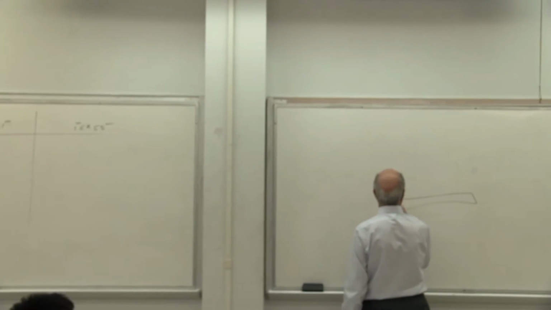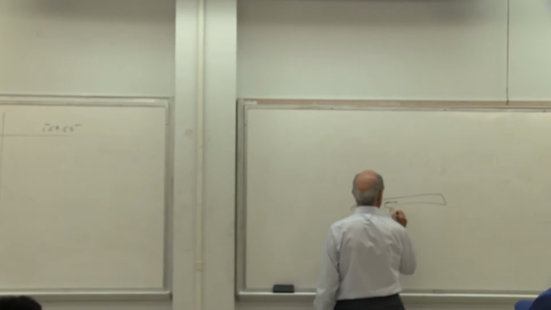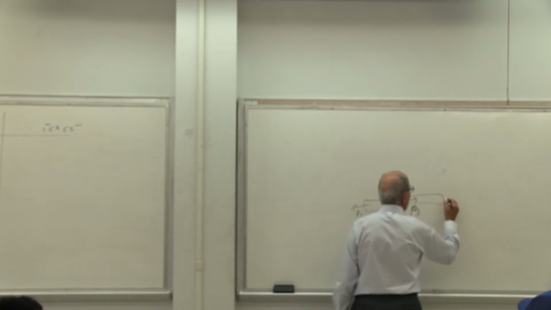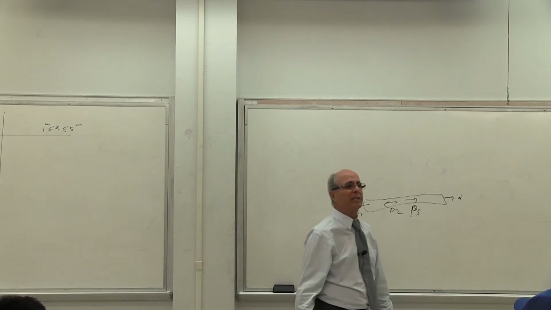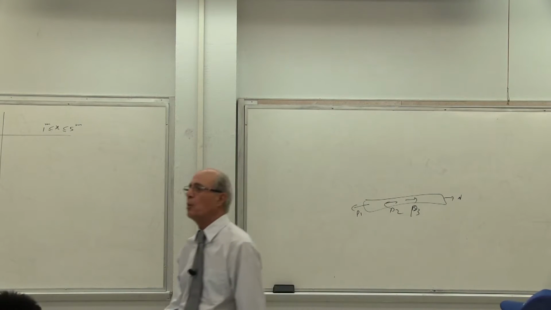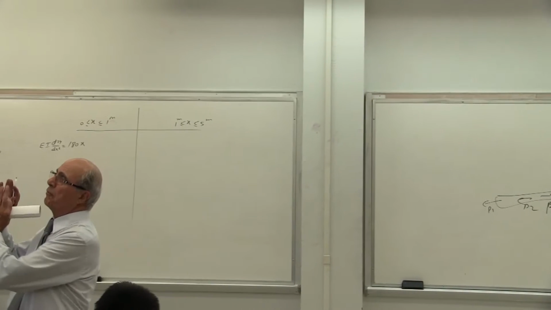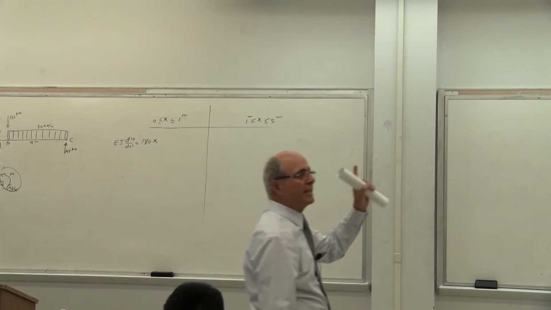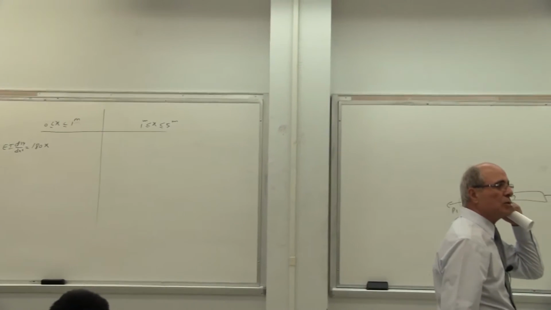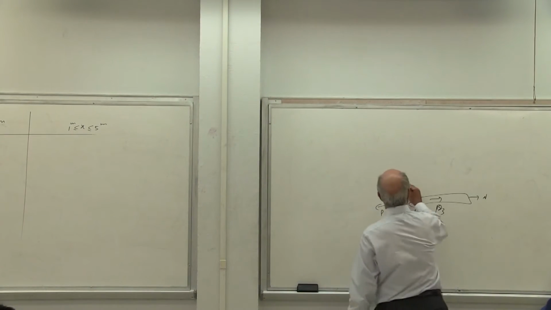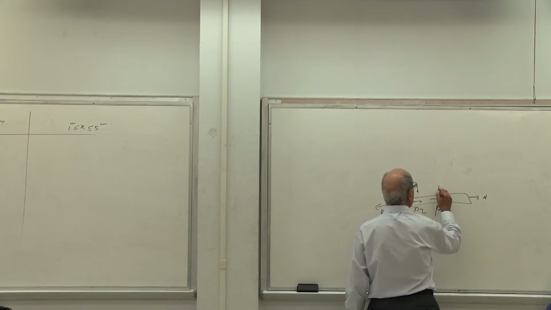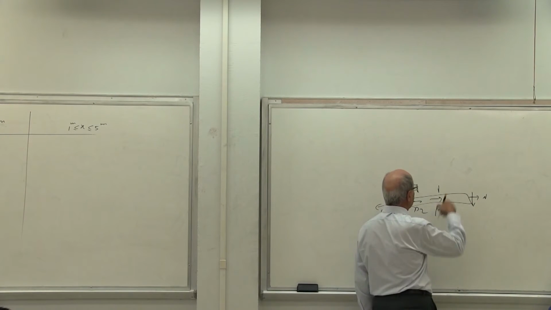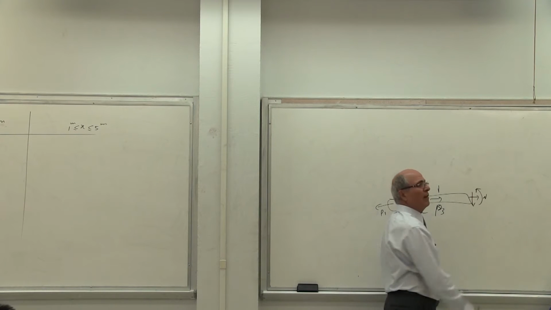I have a rod here. I have P1, I have P2, I have P3. I don't care about this one. I want to find this N, and that N gives me the stress at that point. Yes or no? I may have 50 P there. I don't care. I have only one N, and that N is the normal force. I may have this force, this force, this force, this force. Then I have here one shear. Is that correct? And also as the result of all of that, I have one M.